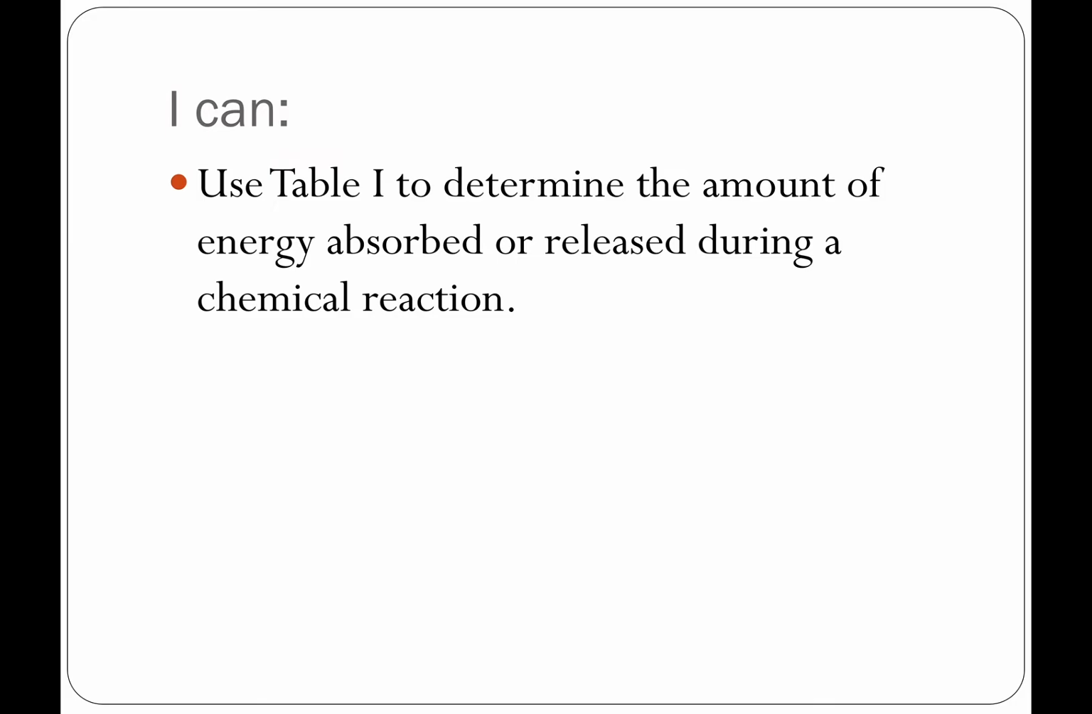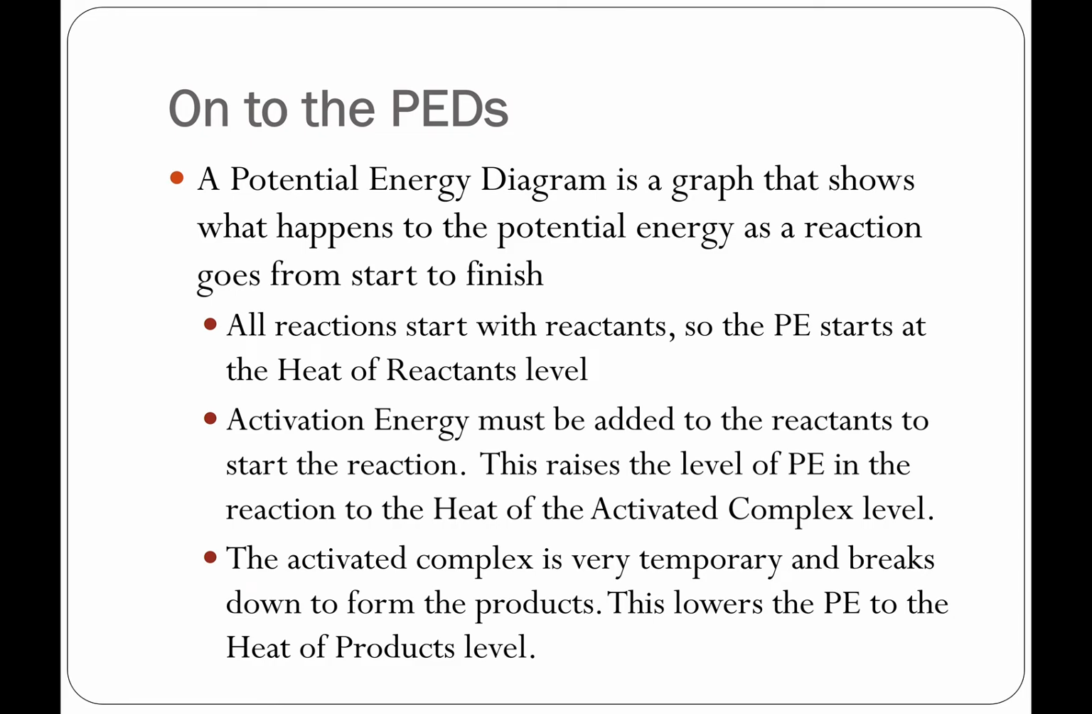So at this point, you should be able to use Table I to determine the amount of energy absorbed or released during a chemical reaction. On to the potential energy diagrams. We're going to come back to the guy pushing the rock over the hill to try and tie all this together. So these PEDs are a graph that's going to show what happens to potential energy in a reaction